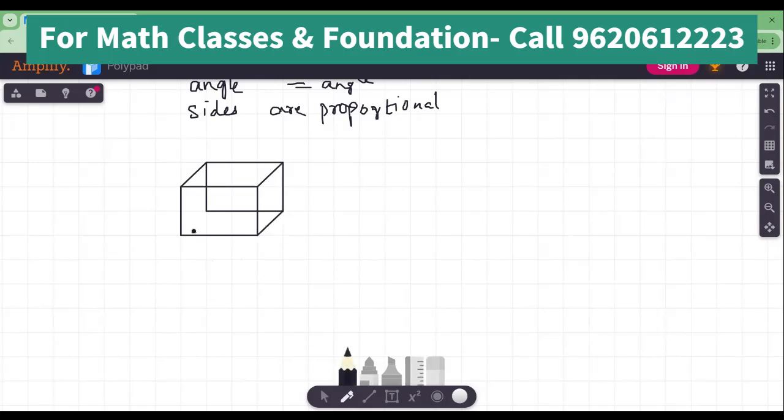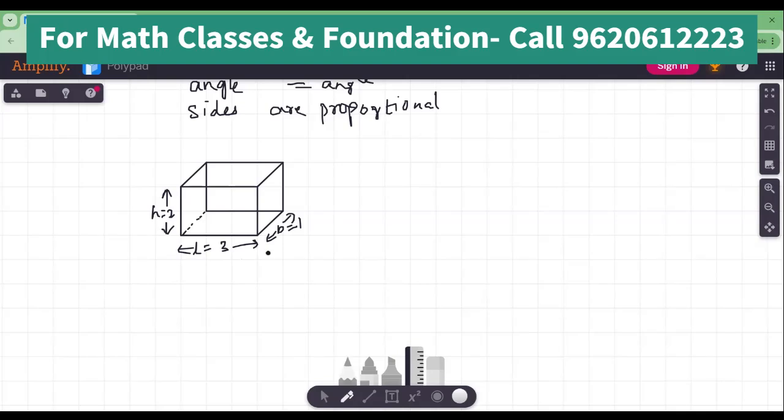Okay, now let's see what is the length of this. The length is 3, from here to here, right? The breadth is 1, from here to here. And what is the height? Height is from here to here, that is 2. Now, if I'm going to find a similar shape, that means the angles should be the same, it should be a cuboid, and it should be proportional, right?